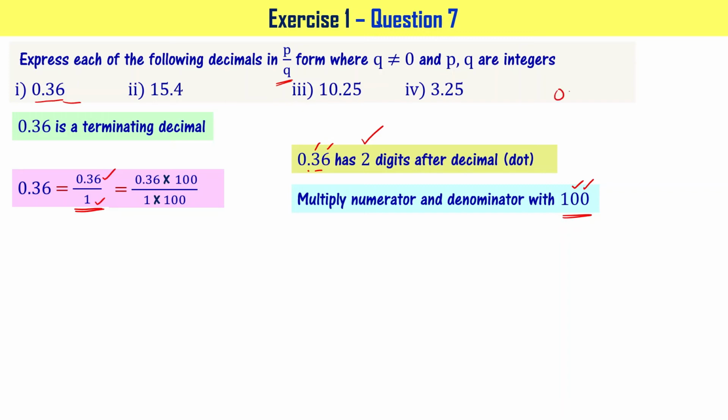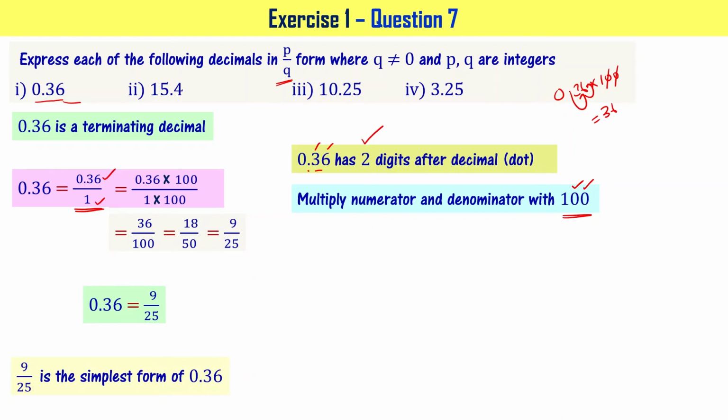When I have 0.36 times 100, I can cross 1 zero and bring the dot here, cross another zero and bring the dot here. So it becomes 36. 0.36 into 100 is 36. The denominator is 100, so what you have is 36 by 100. When you divide both numerator and denominator by 2, you get 18 by 50. Divide again by 2, you get 9 by 25, right? So now I can say that 0.36 is 9 by 25.